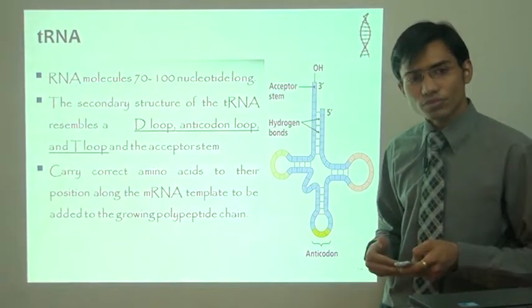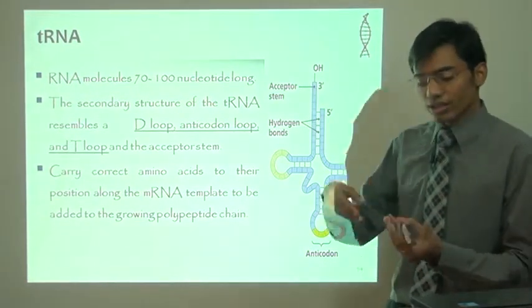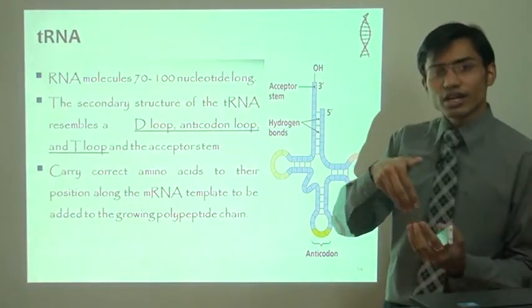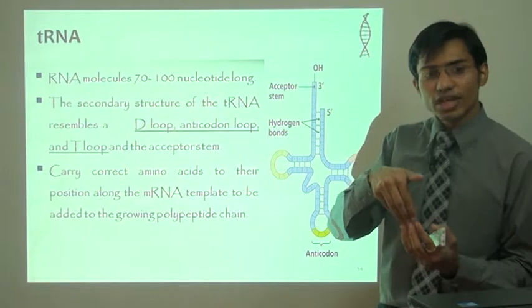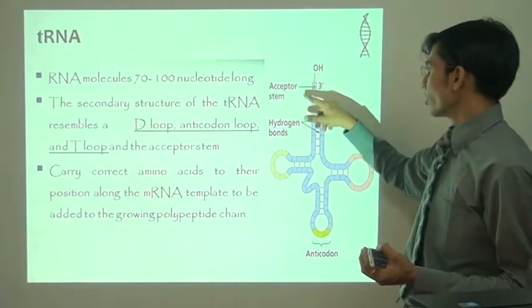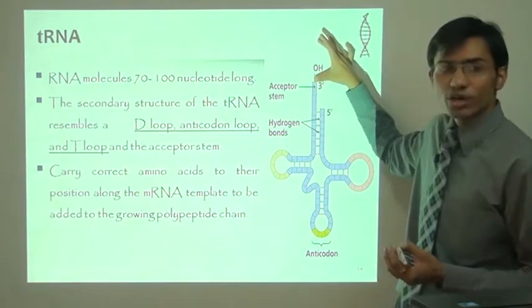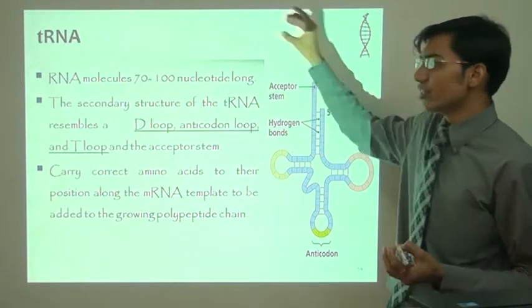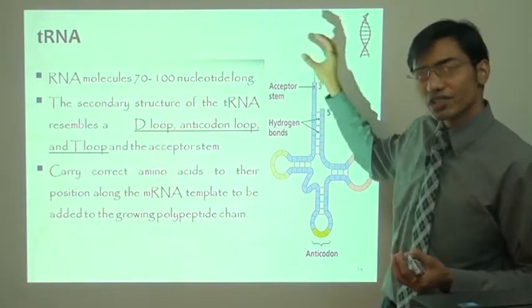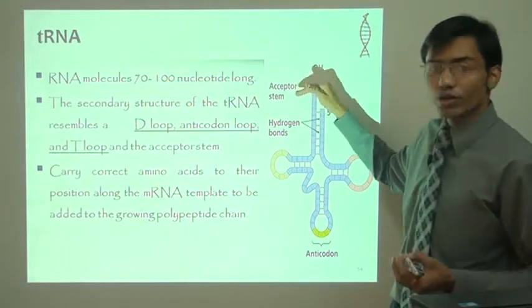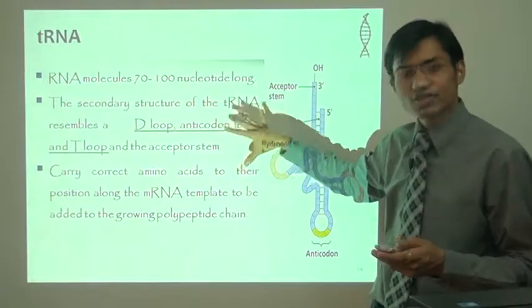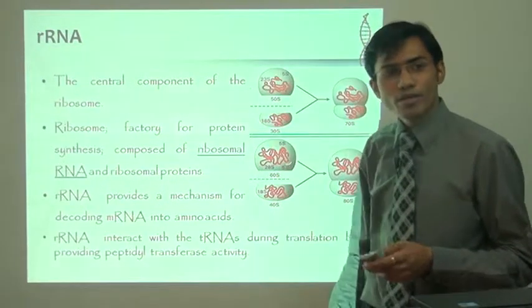So it helps in detecting with this anticodon region which mRNA coding is present there, and after that the acceptor arm contains a particular amino acid specific to that codon, and it will release it into the next polypeptide chain and add a particular amino acid into a protein growing chain during translation. So this helps in translation as we have shown above.